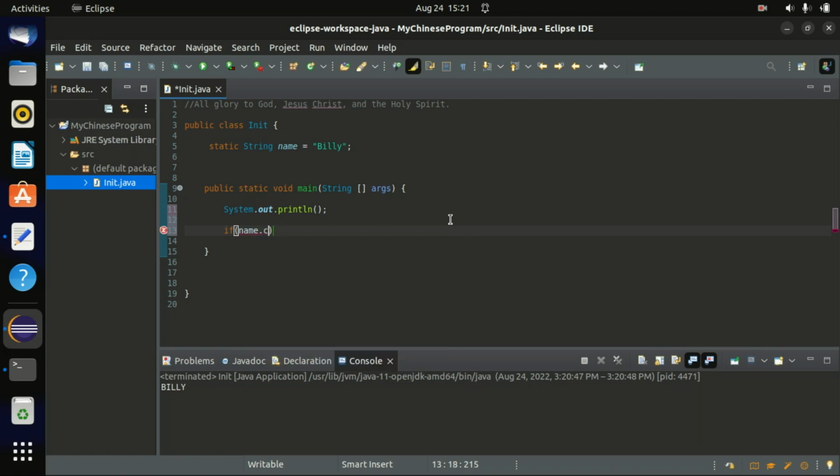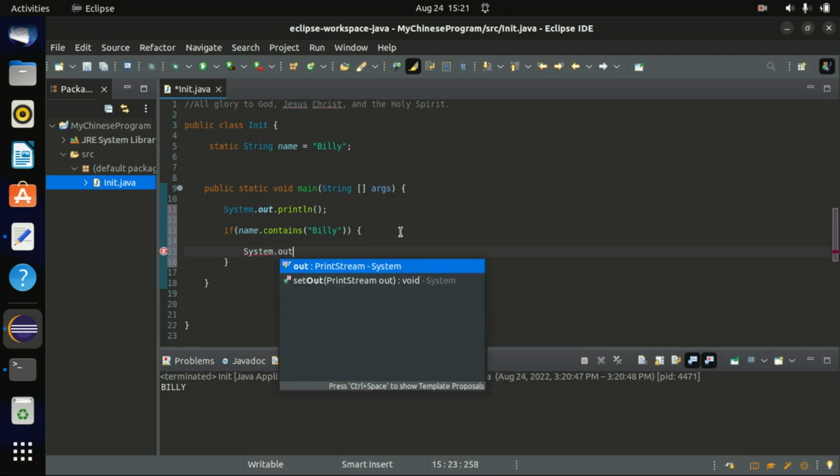It's called string contains, and basically within dot contains we can put whatever we want. So if I put Billy, and you're not going to understand this, that's okay. We'll get over that. This is completely just thrown at you right now. But if name contains Billy, then it'll say